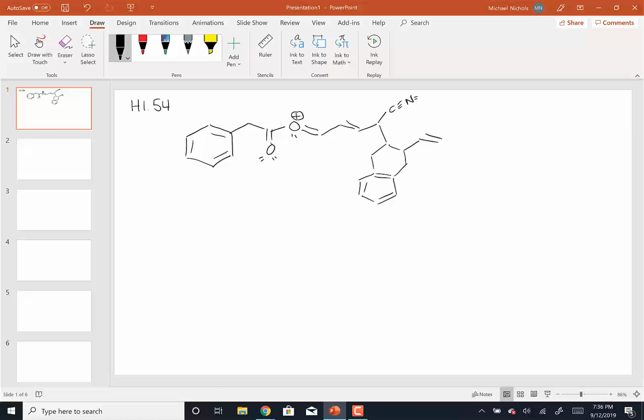So the way that you would start this resonance structure is to somehow move a pair of electrons towards the positive charge, because that's how we draw resonance structures for any kind of positive charged species. So I would start by taking this pair of electrons and moving it to the oxygen to now form the oxygen now having a lone pair, and then that would put the positive charge on the carbon that just lost its positive charge